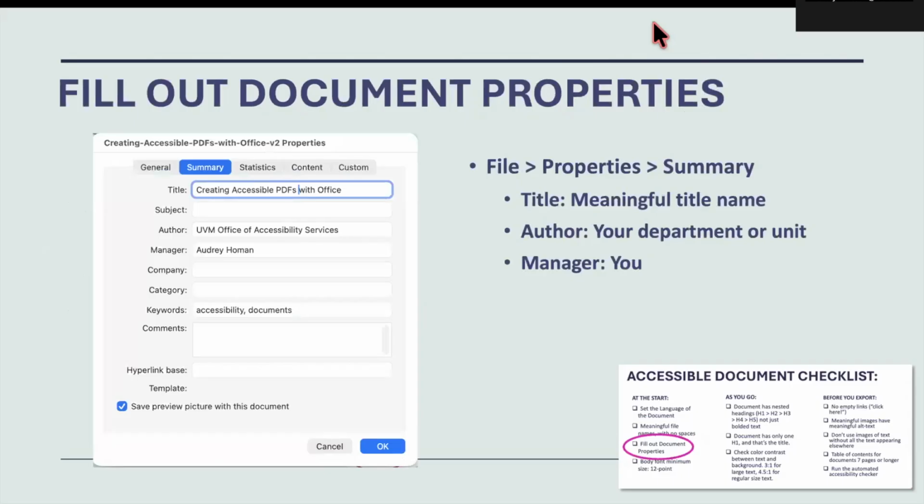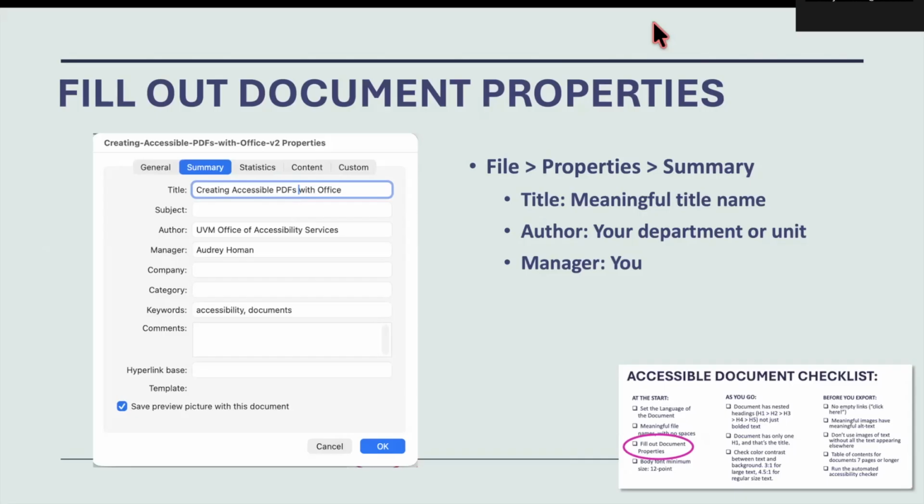Okay, you're also going to fill out the document properties of any Microsoft Office document. Regardless of which Microsoft software you're using, they're under File, Properties, and a dialog box will open up. You want to go to the Summary tab, and you are going to fill out title with a meaningful title name. You can use spaces in this title name within this window. You could use strange characters if you want, but then Adobe may not always understand what you're up to.